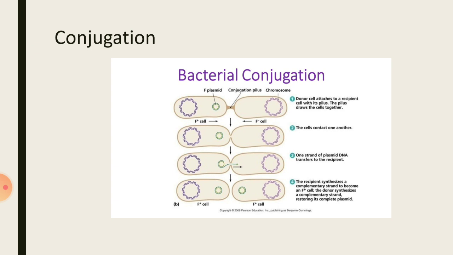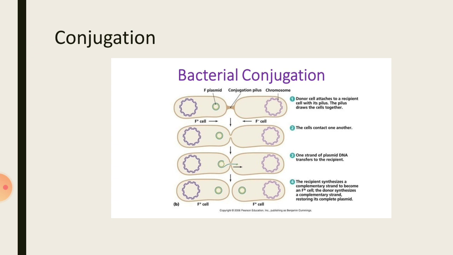When these two bacterial cells come in contact, they develop a conjugation tube between them. Later on, as we all know, plasmid is a double stranded circular DNA molecule, an extra chromosome molecule. An origin is formed in the plasmid where one DNA strand is broken, and that is transferred to the other cell, that is the F minus cell or female cell, through the conjugation tube. Thus, as you see in the third figure of the slide, the outer strand of the plasmid DNA is going to the F minus cell. By the fourth diagram, we can see that it is over.